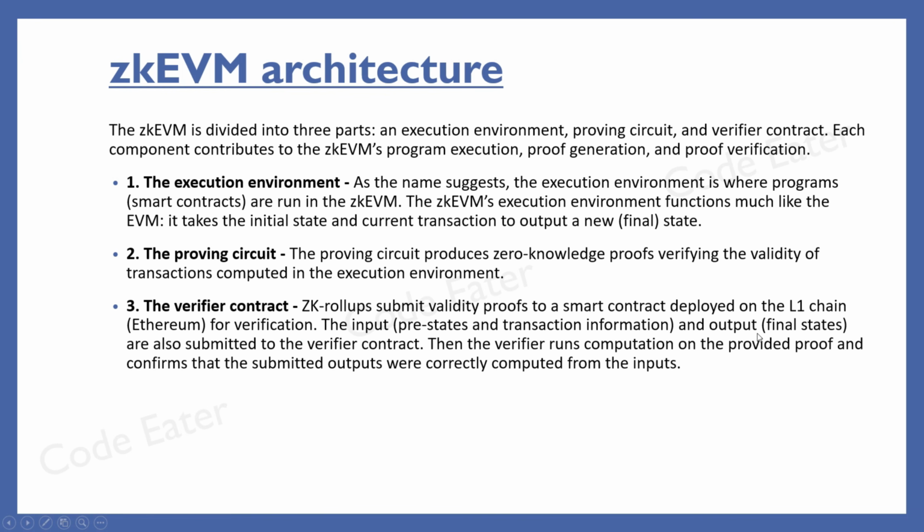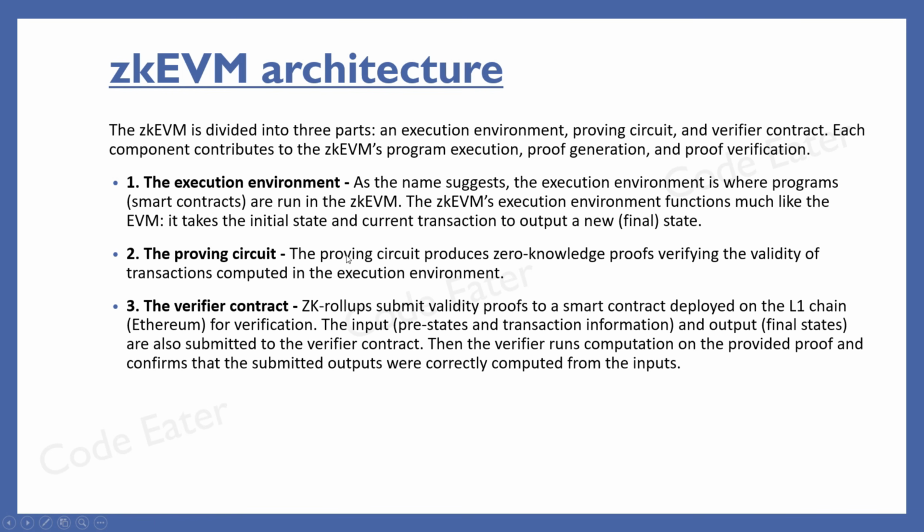The input and output are also submitted to the verifier contract. Means each and everything is submitted to this verifier contract for the verification purpose. Then the verifier runs computation on the provided proof and confirms that submitted outputs were correctly computed from the inputs. So this verification is done once we have this proving circuit generate this